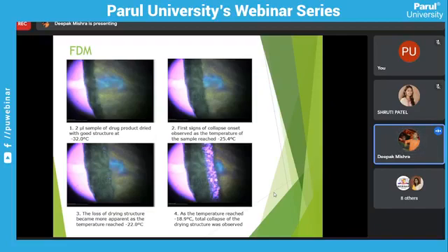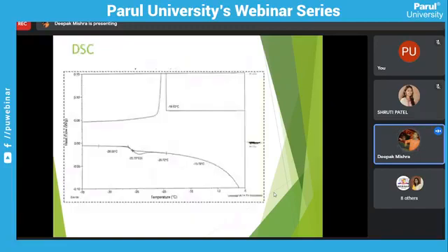I can't show the video here, but I also have a video of this FDM process so you can understand the steps. We will go from start to end, so we can understand the whole process of freeze drying microscopy. This process is helpful for lyophilization cycle development. Both techniques we can use in R&D, and DSC we can use from the academic point of view. So next is the process.